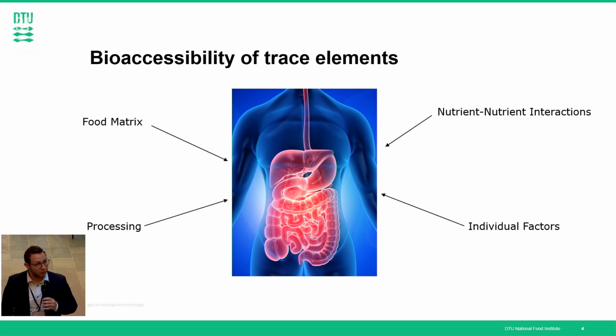And here we have four major factors that play a role in this process. First of all, the food matrix, so how difficult or how deep it is in the cells, for example, to extract it. Then we have the nutrient-nutrient interactions. Think of the iron tablets when you have anemia. They oftentimes have vitamin C in them so that the body can absorb the iron more easily. Then we have the processing, like heating and cooking, which changes the matrix. And then, of course, individual factors that come from genetics, because everyone is different.